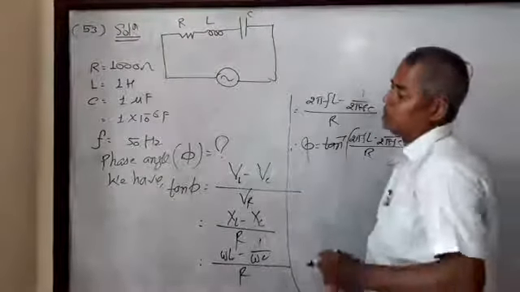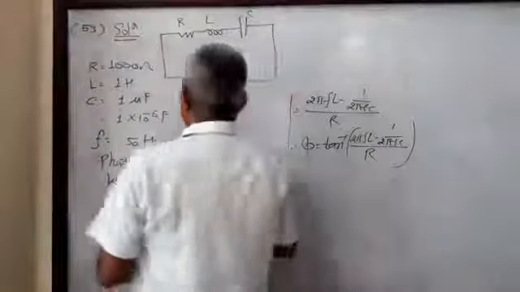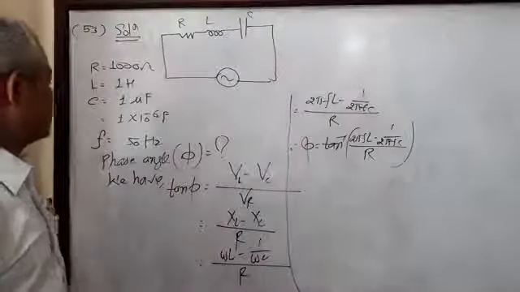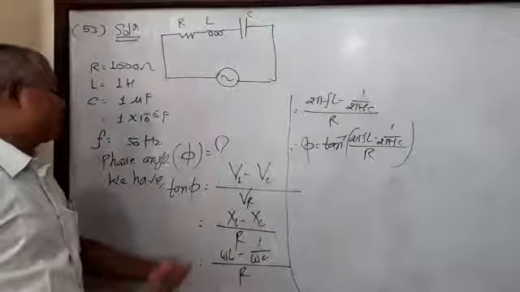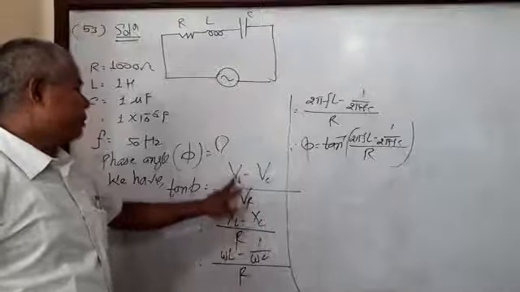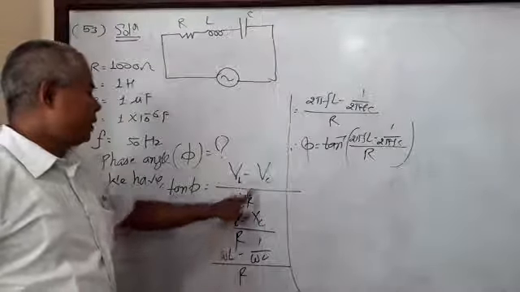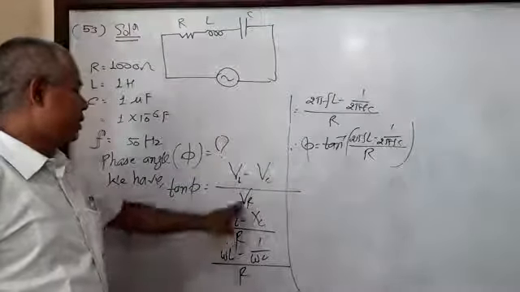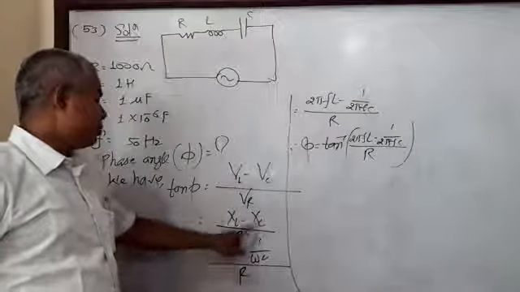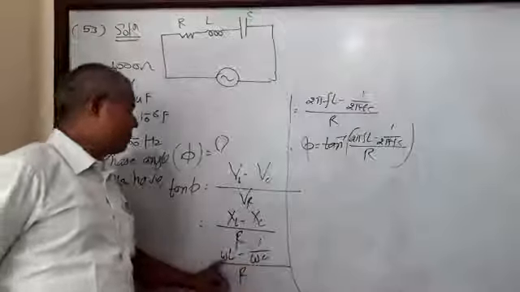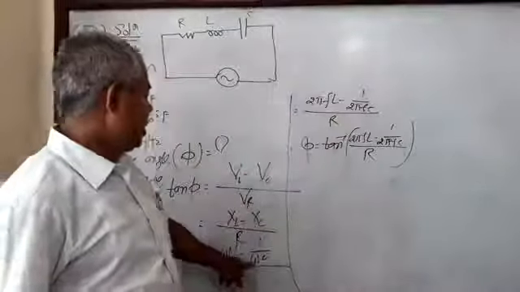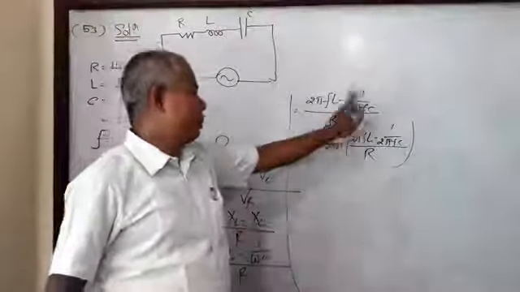Now see here in this equation, phase angle between current and voltage. We know that tan phi is equal to VL minus VC by VR, and this is I into XL, I into XC, and the I is cancelled, and this is omega L, this is 1 by omega C, this is only R. Omega is replaced by 2 into pi into F, and XC is replaced by 1 by omega C, and omega is 2 pi into F into C.